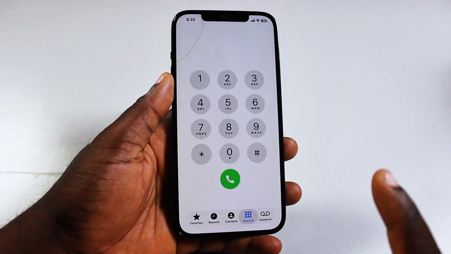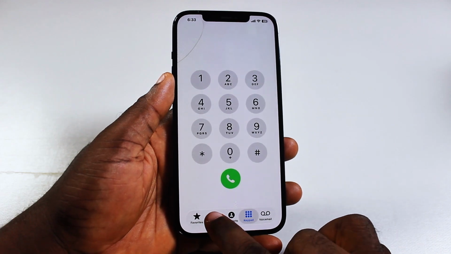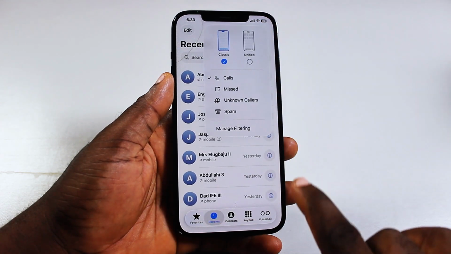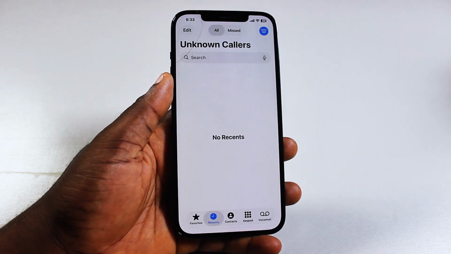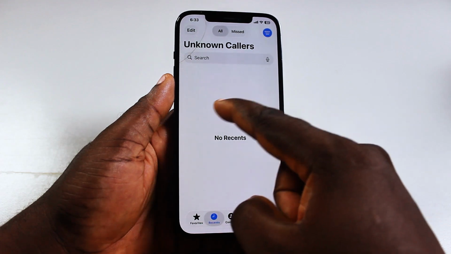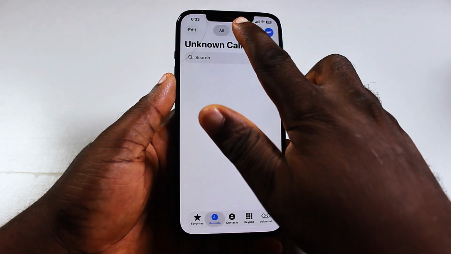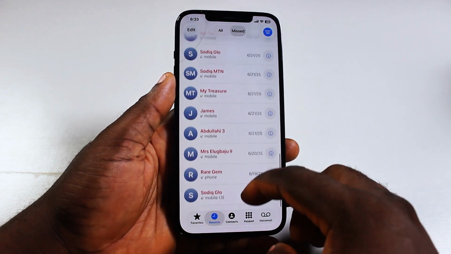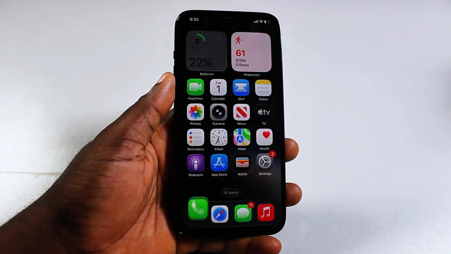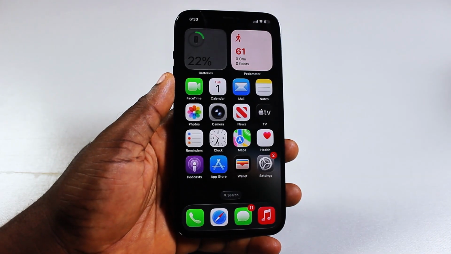Again, if you use iOS 26, come to recent, click on menu at top right, locate and click on unknown callers. Then here, if you have any unknown callers on your iPhone, you should have them under unknown callers. And if this goes to missed calls, then you should have the unknown callers under missed calls on your iPhone. And those are the two ways you can use to check blocked